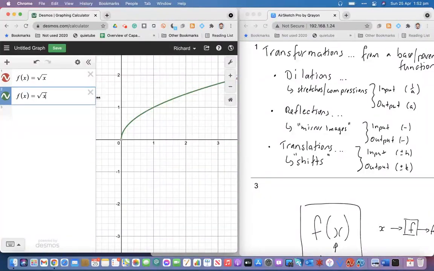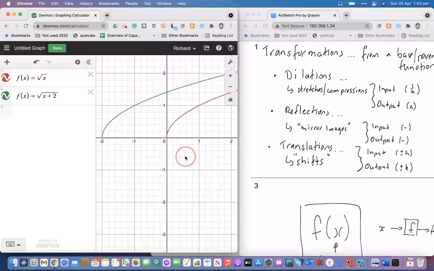Inside, again, it's a little bit counterintuitive. So if I add a value, what I'm doing effectively is I'm saying instead of x, I now want it to be x plus or minus a value. Okay, so let's make it x plus 2 so we can see what happens. Again, you might want to pause the video and say, what do you think is going to happen? It's going to be a translation of every point, but what does that mean? Okay, either you paused or you haven't. Here it is. What we have is that when we add 2 to the input,